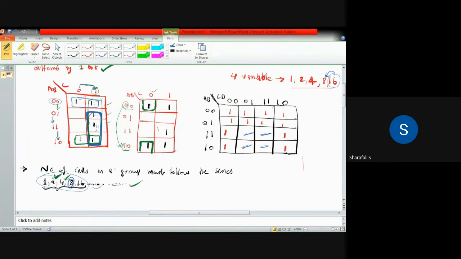Then we have to check whether 8 cells can be grouped together. We check in this K-map if there are 8 cells which change from each other by unity, or by 1 bit. This will be given by this particular case. You can see here, this one is having 8 cells. So 8 cells are grouped together in this case. And if you check the difference in their addresses, you can see that all of them will have